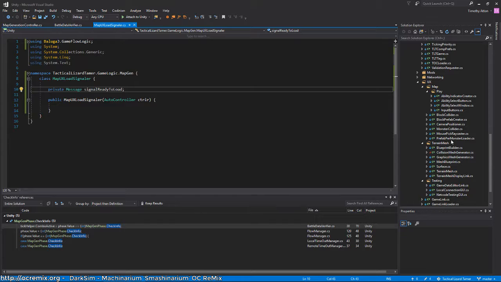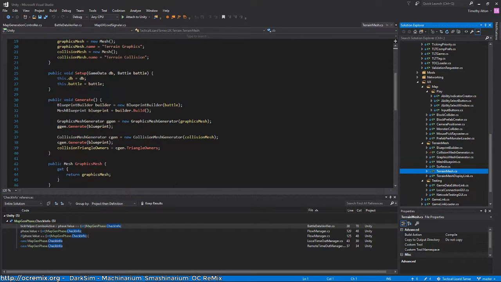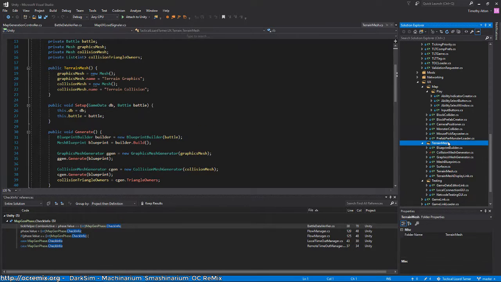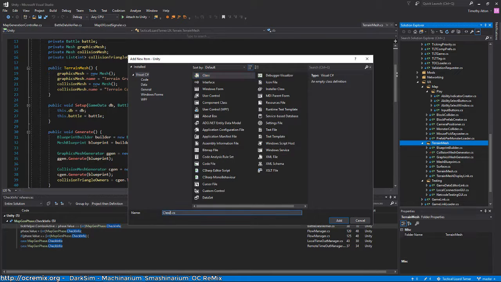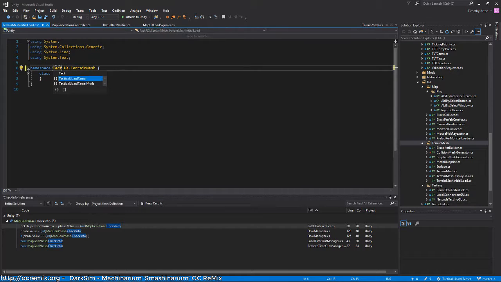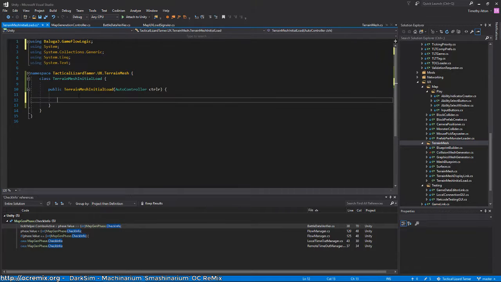And then somewhere else in the terrain mesh, probably not. I don't want to have it in this actual terrain mesh class because I basically want other objects to tell it what to do. Okay, so maybe I'll do something like this. Let's fix up the namespace. And this again will have another auto controller. And what I want to do is subscribe to that message I just created, which I guess I haven't created yet, but